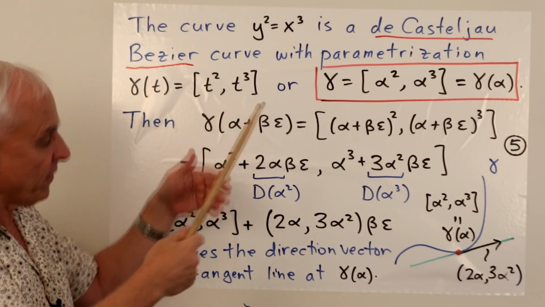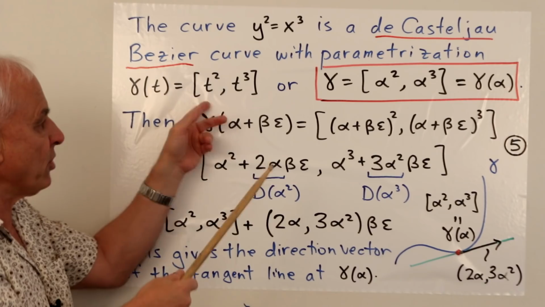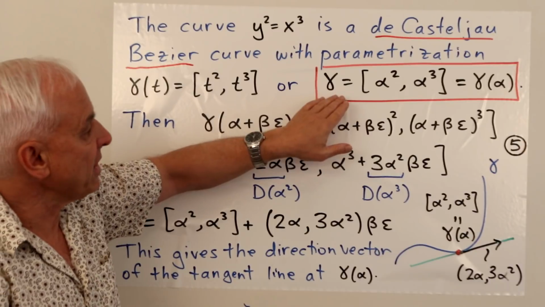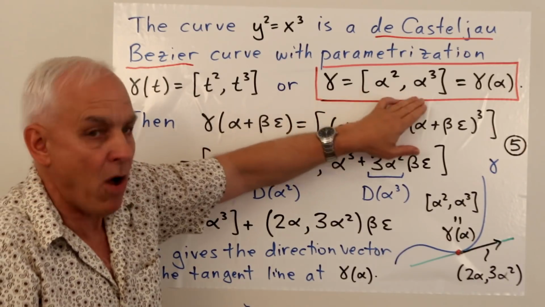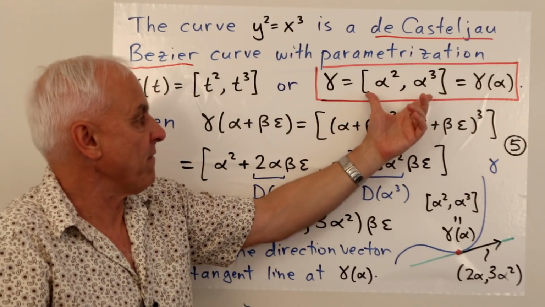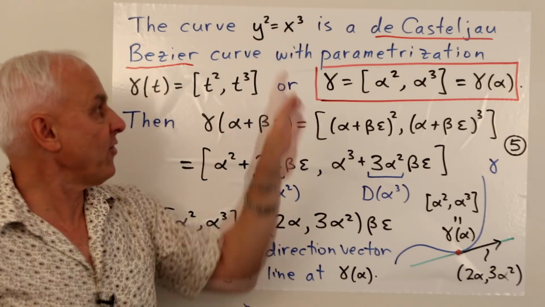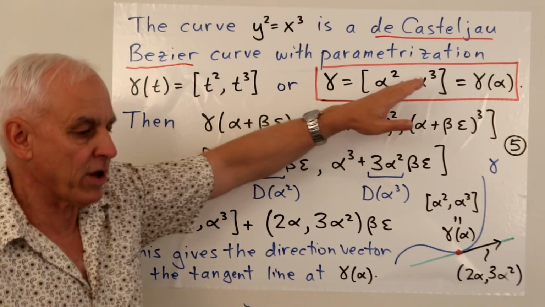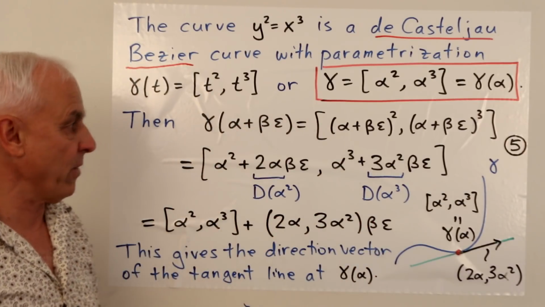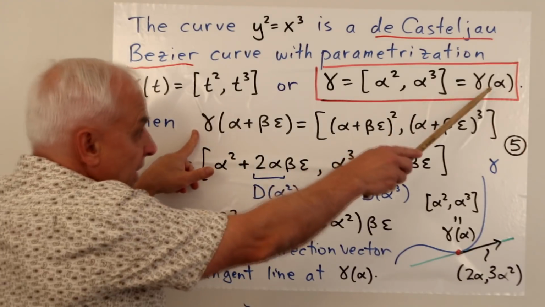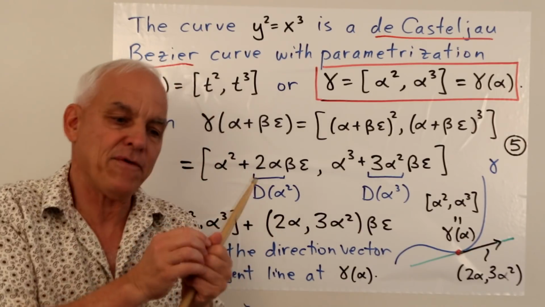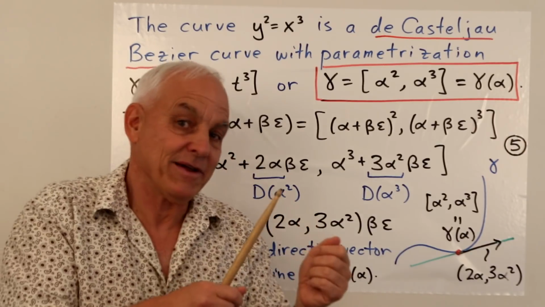Now that's in terms of a parameter, or an input t, but we can also express that in the world of polynumbers by introducing this curve gamma, which is a pair of polynumbers, alpha squared and alpha cubed. We could call that gamma of alpha. That's a way of parameterizing this with polynumbers, and we prefer to work in the world of polynumbers rather than actual functional evaluation. So let's take this polynumber curve and replace alpha with alpha plus an infinitesimal.